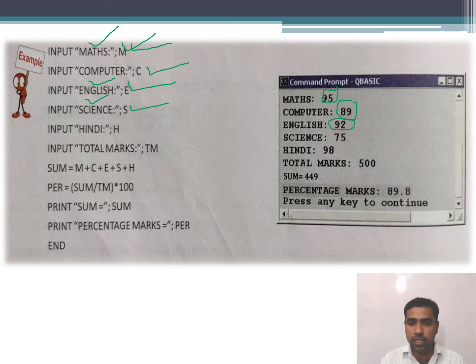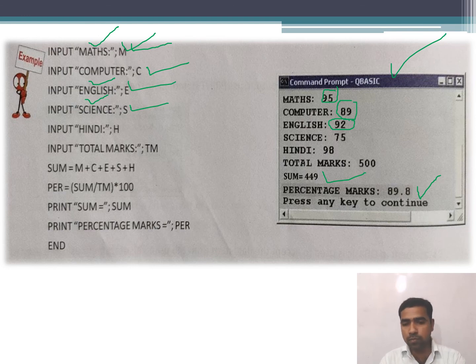It displays the variable, and in front of it you write the value. Automatically it will calculate all the variable values and give the result and the percentage. So in this way it will take the input, process it, and show the output to the user. So this is about the input statement.